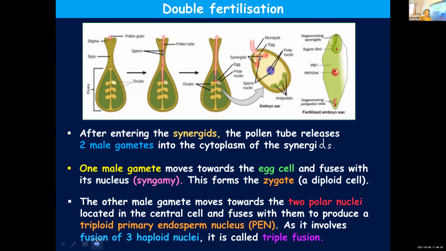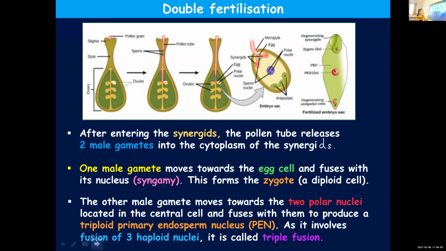If you take the case of human beings, the sperms and ova will be having just 23 chromosomes. But all the other cells in our body will have 46 chromosomes. So hope you have understood the difference between haploid, diploid, and one more term you learned, triploid. Triploid means 3 sets of chromosomes will be there.